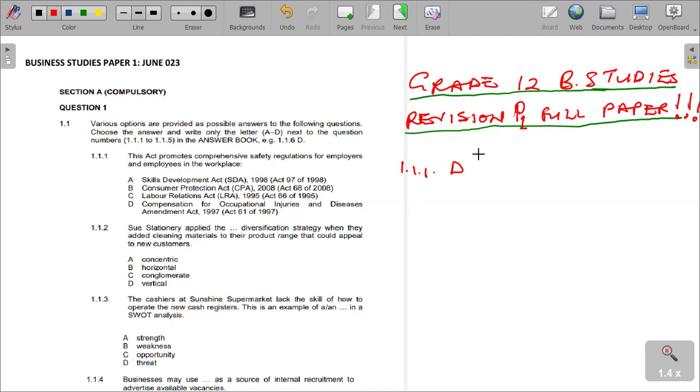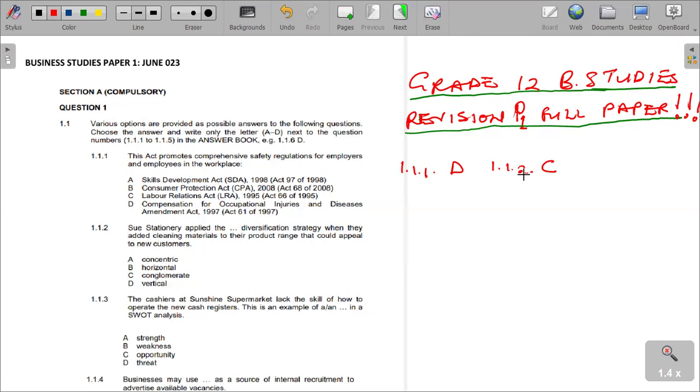The product range is being added to with new products in order to appeal to new customers. So what is this diversification strategy? We are saying for 1.1.2 it is the conglomerate diversification strategy. The answer is C, conglomerate,